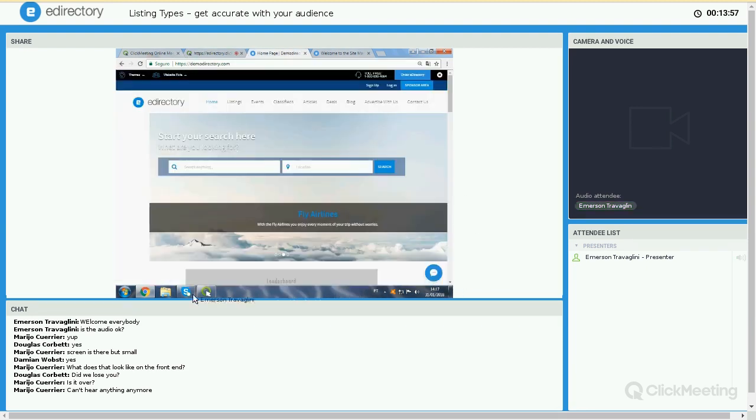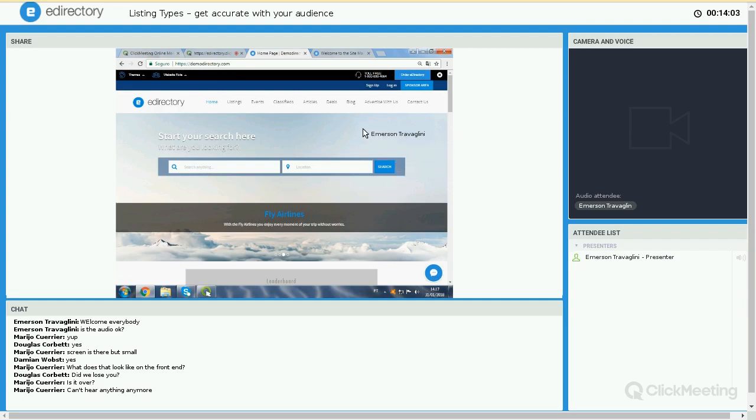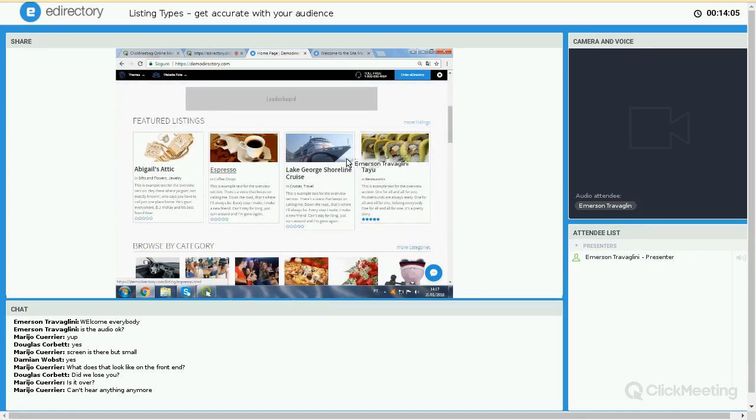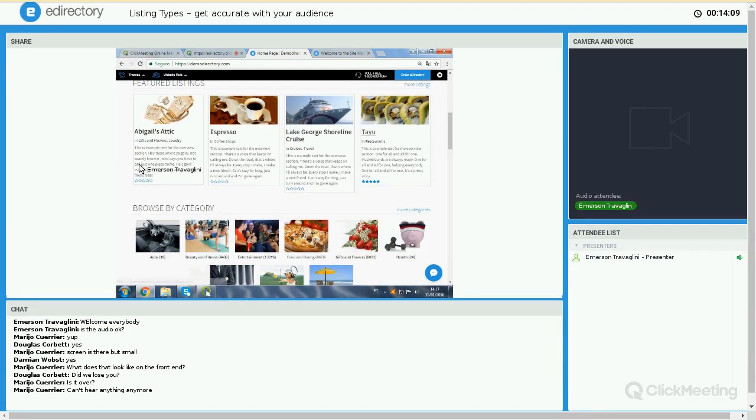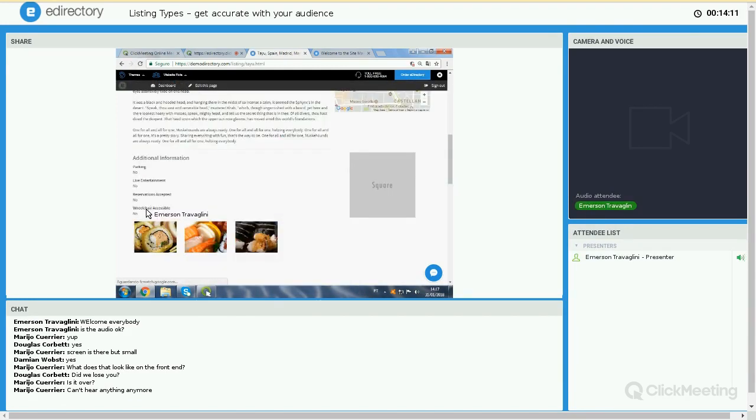So I think we have a number of listings in here, right? Let's see, I think we have the restaurant category for Taiyu. So I'll show you what it looks like. So here are the additional options on the front. They just are kind of laid out here. This listing doesn't have all the extra stuff filled in, but if it did, they would